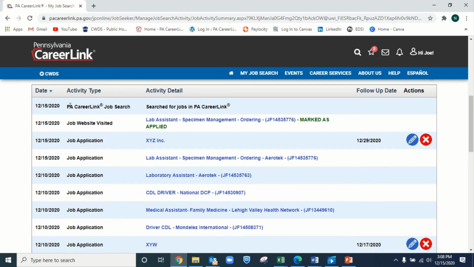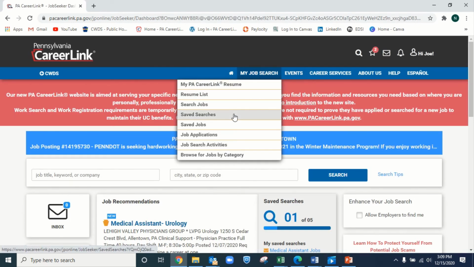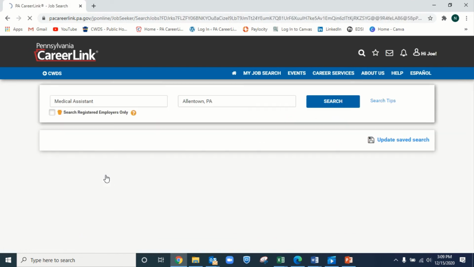And also, speaking of those PA CareerLink jobs, it will track your job searches, but make sure you track those jobs in particular as well, because sometimes it will show you your PA CareerLink job search, and let's say it was one of those jobs where if I go back to my job search over here, and I go to my saved searches, click that,